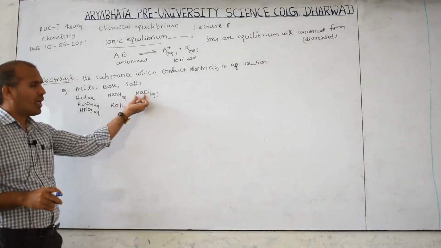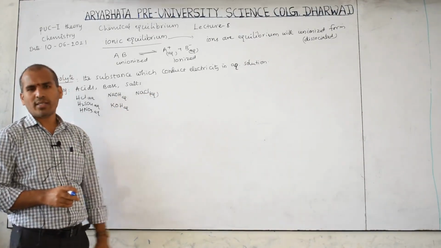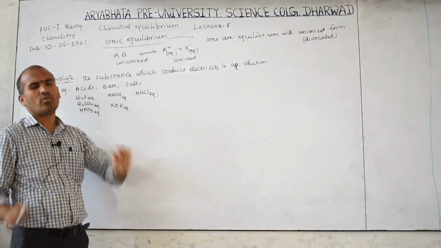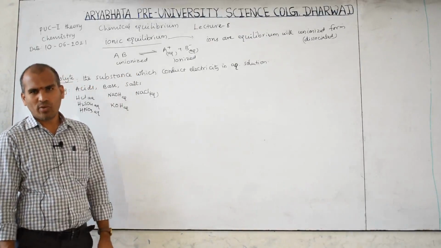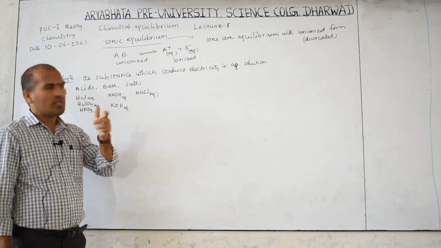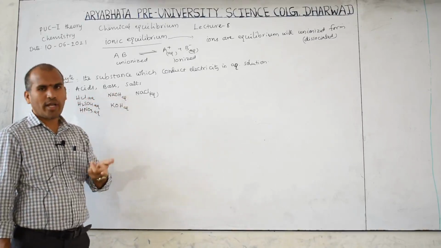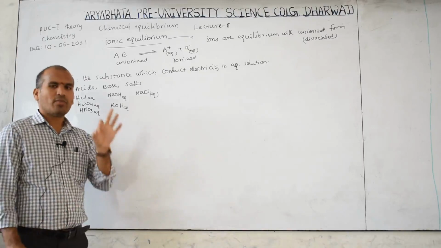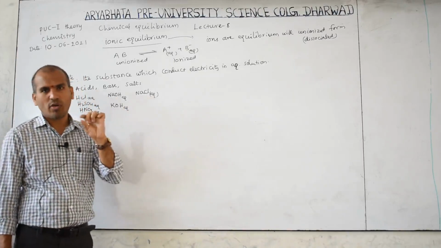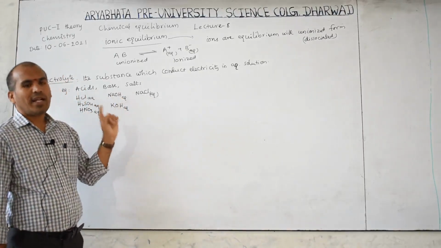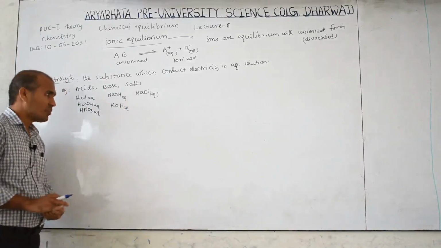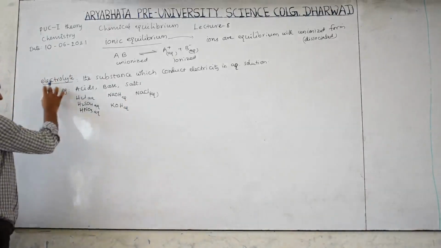Actually solid NaCl does not act as a good conductor. When you take salt and pass the current, it does not allow it, but don't do this at home, because in your hand some moisture will be there, that gives some moisture to this NaCl, then it converts into aqueous, then current may pass. Actually perfect moisture-free NaCl acts as a bad conductor, but aqueous solution acts as a good conductor. So this is electrolyte.